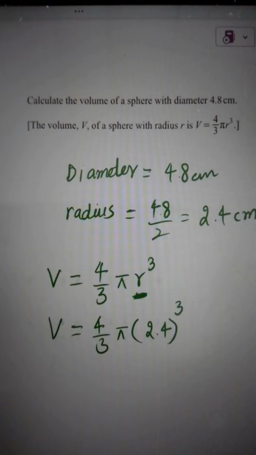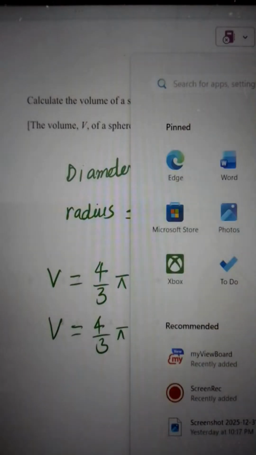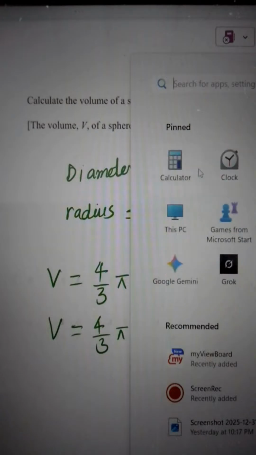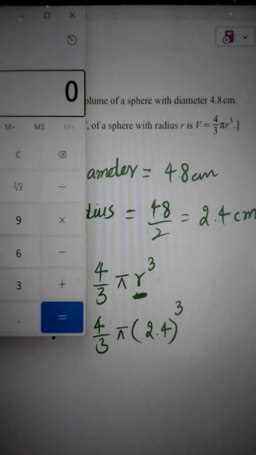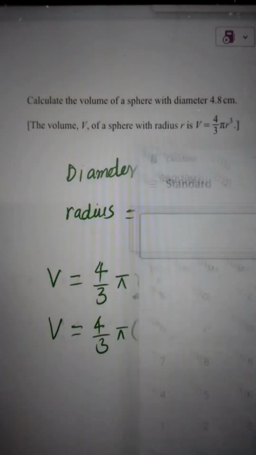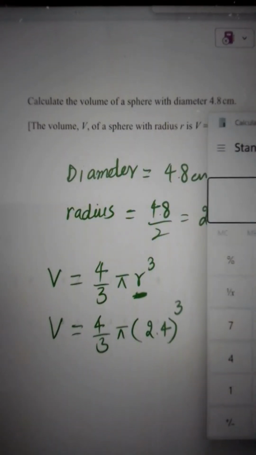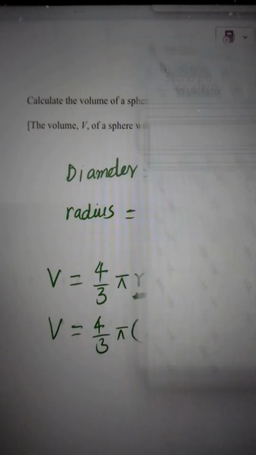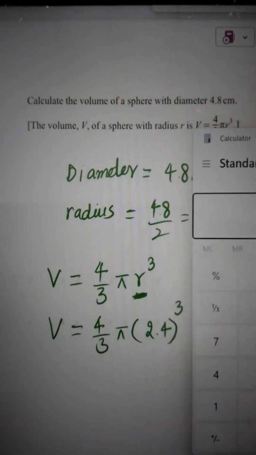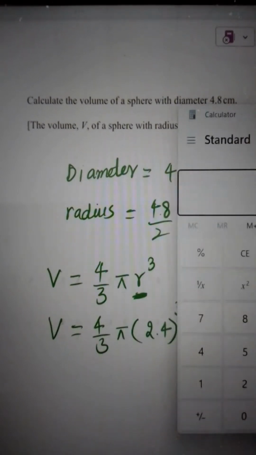Now viewers, we need a calculator here. So can we have calculator and can be calculated using that? Only way to calculate this is using calculator, otherwise it will not be possible. So let us bring calculator before it. So here is the calculator. We will use 3.14, the value of the pi 3.14. We can see that 4 by 3. We can multiply all numerator values first, right? So the way to do is